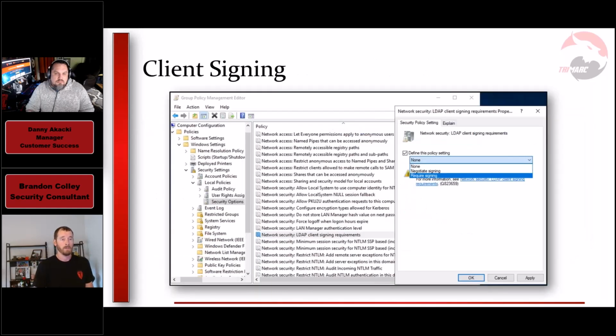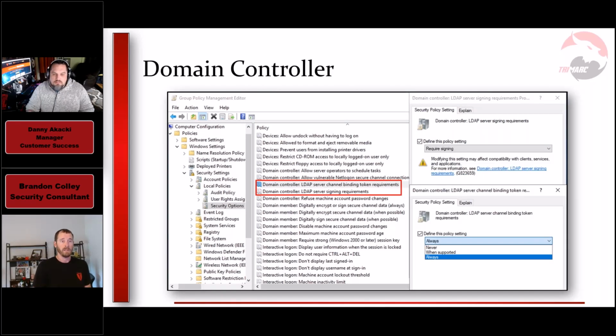And so setting this comes also in those security options in group policy. The client needs to be set to require signing. Domain controller has these 2 settings. The LDAP server signing requirements up top also needs to be require signing. And then the channel binding at the bottom should be set to always.